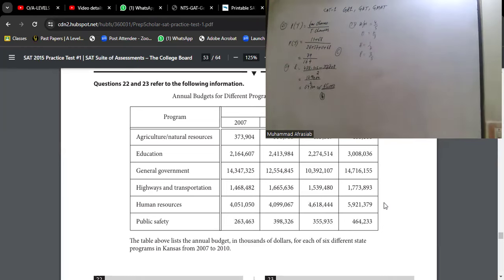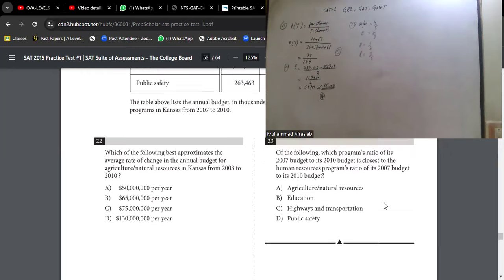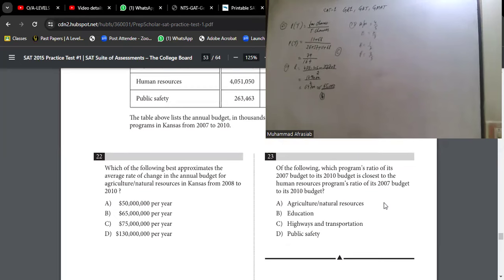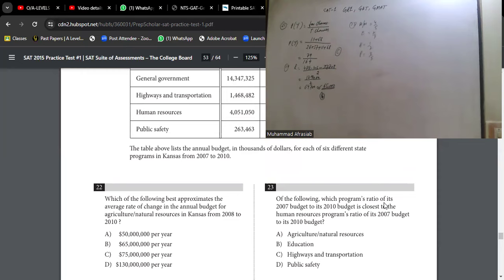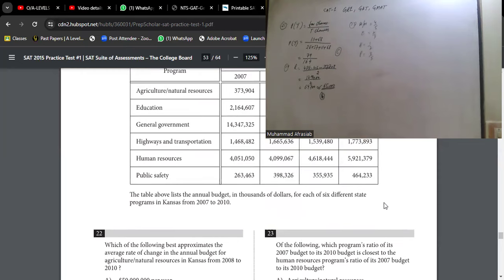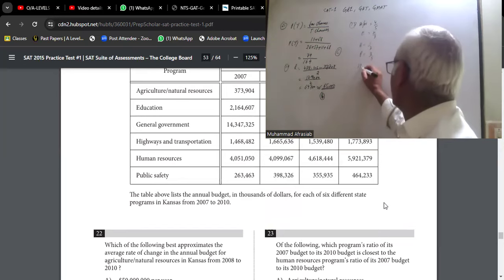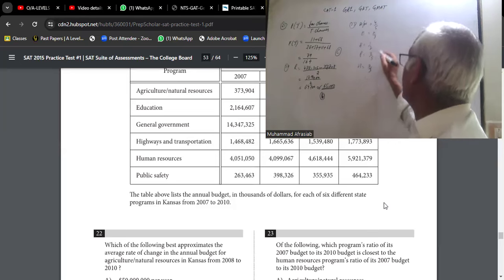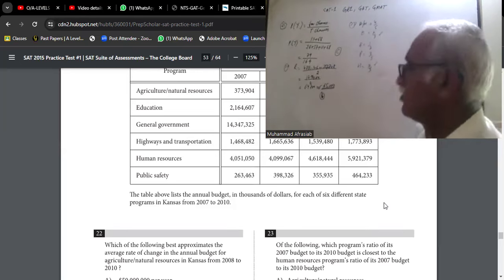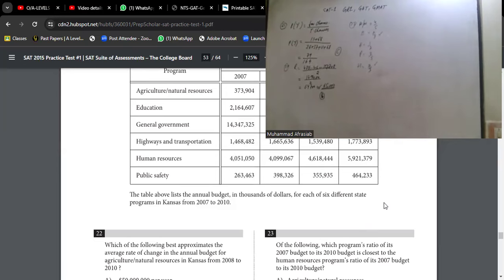So they are asking for the closest to the human resources from this. Human resources to this, the nearest is there. If we have to look at the human resources, it is 4 over this, this is 5,192, and that will be 6. So human resources is there 2:3. So education is very closest to this with the rounding of data there.